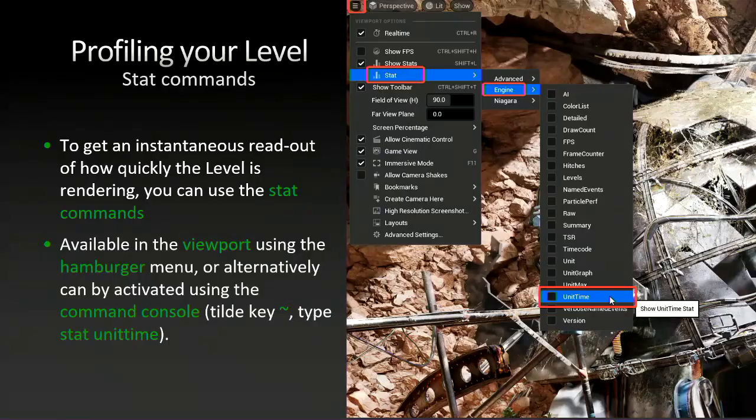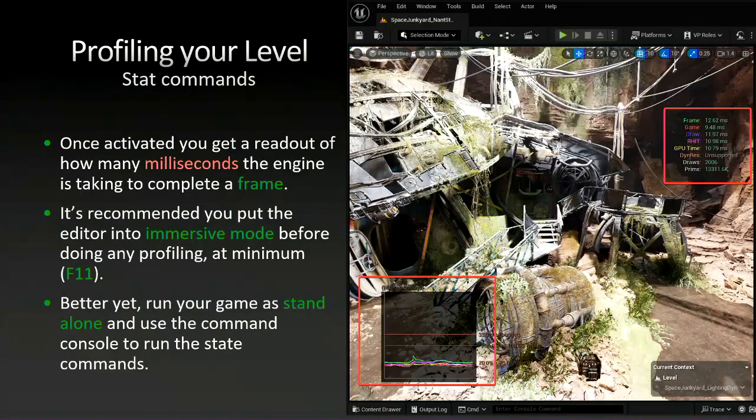So, the first kind of profiling we can do is something called the stat command. If we want to profile a level and see how much time we're using, we can press the tilde key, which opens the console, or we can access it through the viewport menu here. So we've got stat, and we can start monitoring all kinds of stats. Unit time is probably the one you want. It's going to tell you all the statistics about how quickly or slowly your scene is rendering, and it gives us a millisecond output of how much time it takes to render the scene. It's recommended that you go into immersive mode, and probably better just to start, you should